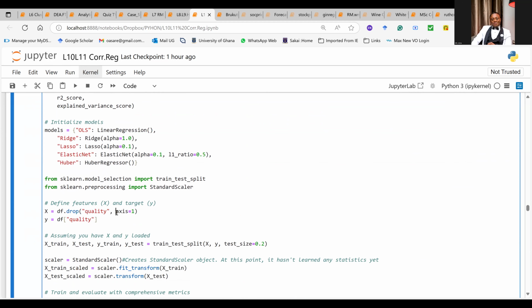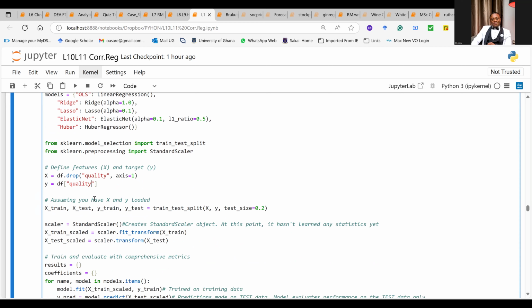So anything that is not a target, you should put it all together into a matrix and call it X. That is what this command does. So it is dropping. That drop means that it is removing anything that is not quality. It's dropping quality from the X matrix. And then the Y is actually the quality itself. The quality variable is obtained from the DF data frame. So you define your factor. You are not going to do this one by one. You're just writing the code. So when you finish, you execute it once. Everything will be done. But you just need to know what is happening.